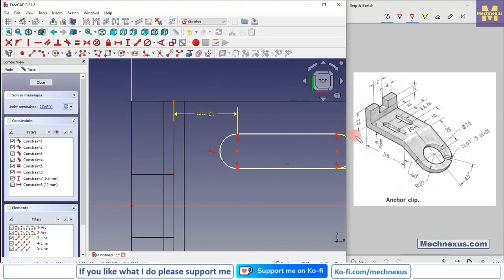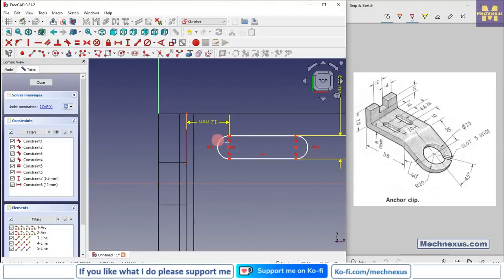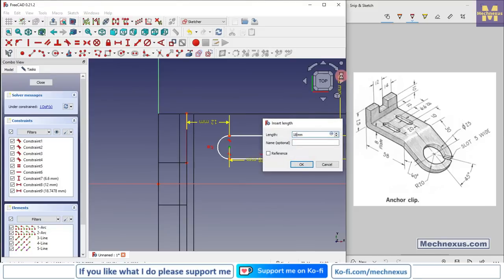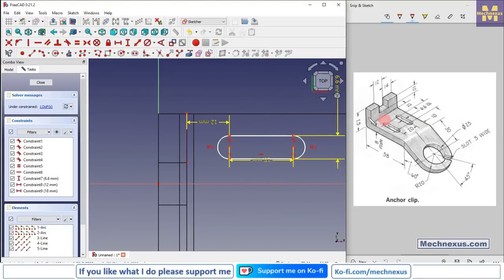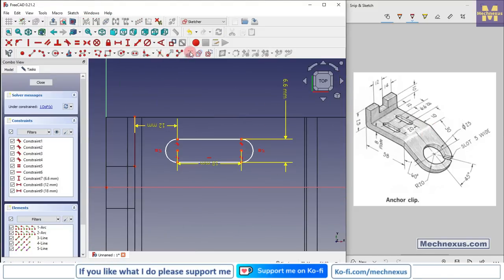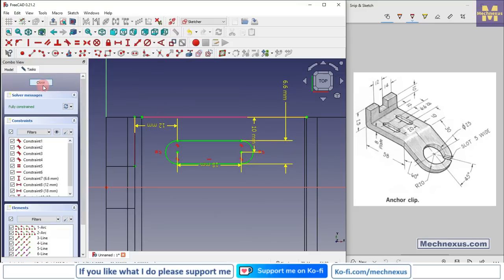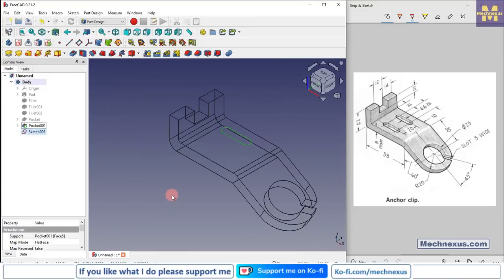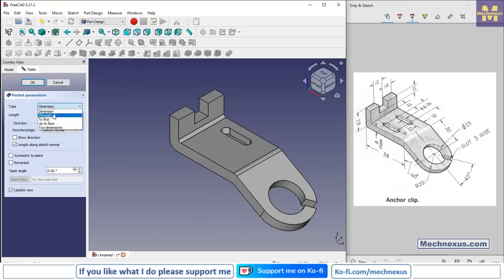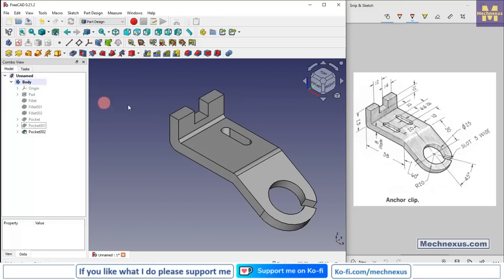Center to center distance is 18, so select this and this, provide the 18, and from the edge it is 10 mm, so we will click on project edge, select this point and add a vertical dimension of 10 mm. Click on close, press V7, select the sketch and click on extrude cut, say through all,